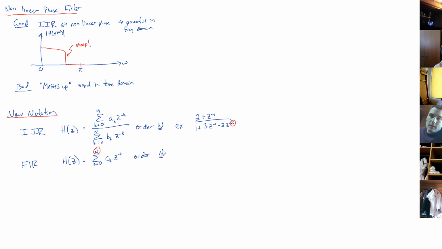When we talk about a 10th order FIR filter, we're not talking about the denominator. We know the denominator is always going to be 1, which means it technically has an order of 0. But that's not a useful way of talking about FIR filters. So we're going to say now the N is in the numerator, and an order N means that it has N zeros. So as an example of that, 1 plus z to the minus 1,